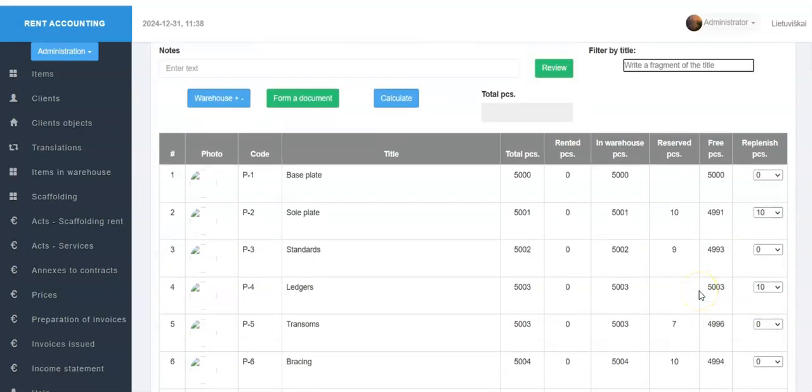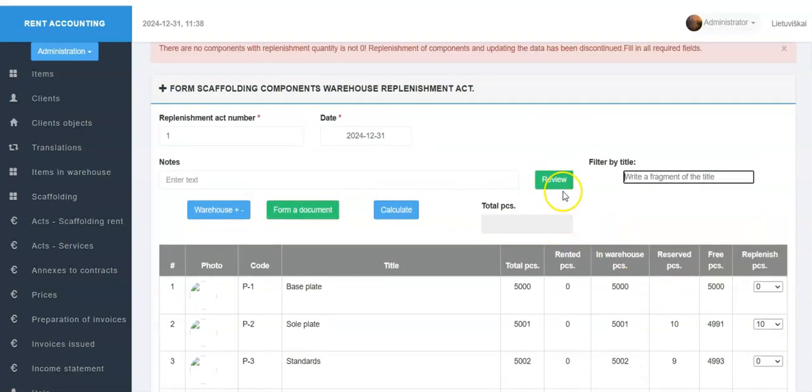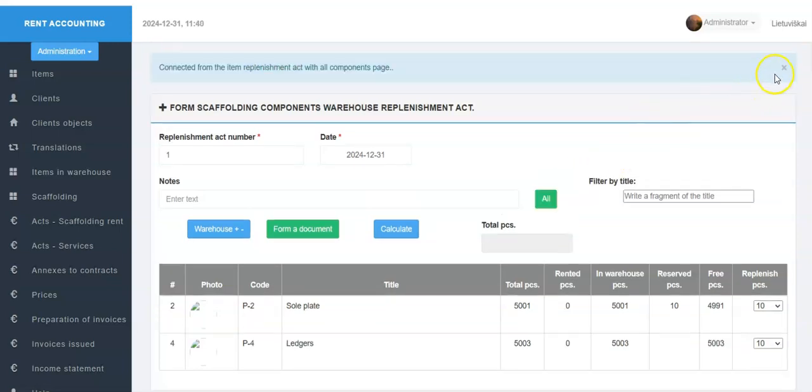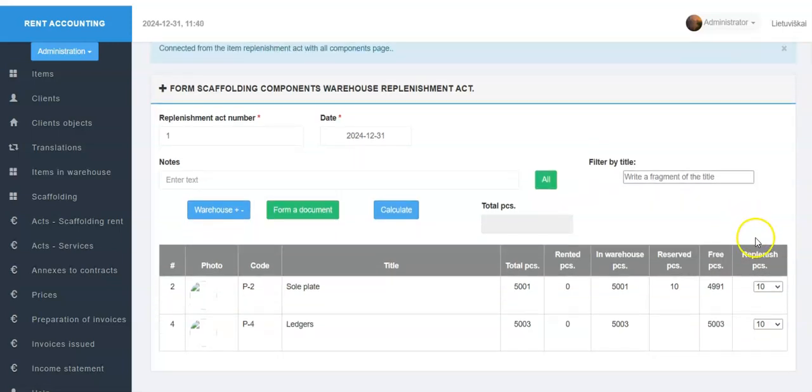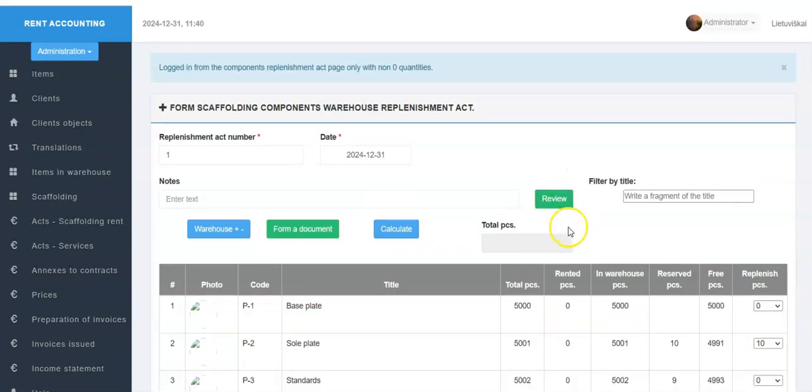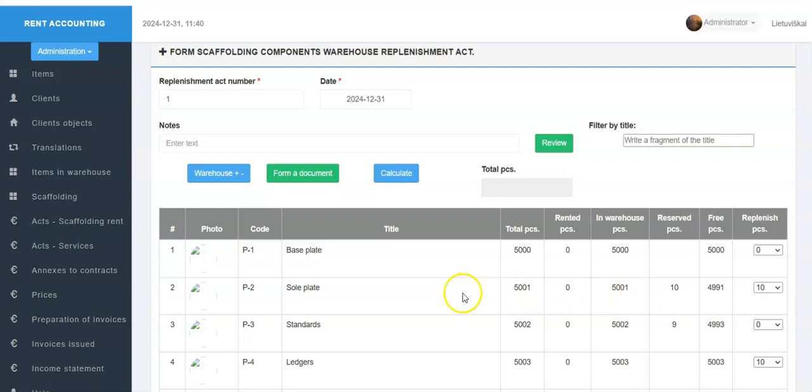When we finish entering quantities, we can still view the list of components with non-zero quantities by pressing the Review button. If we notice that we still need to add a component that is not in this list, we press the All button and select that component and select its quantity.